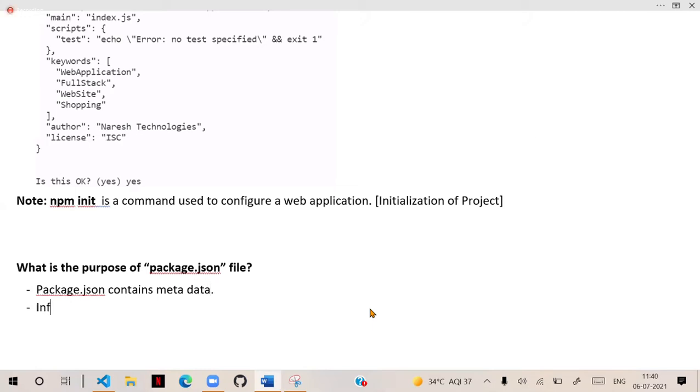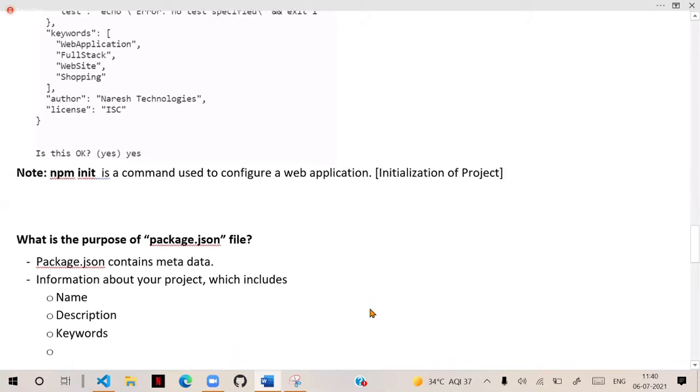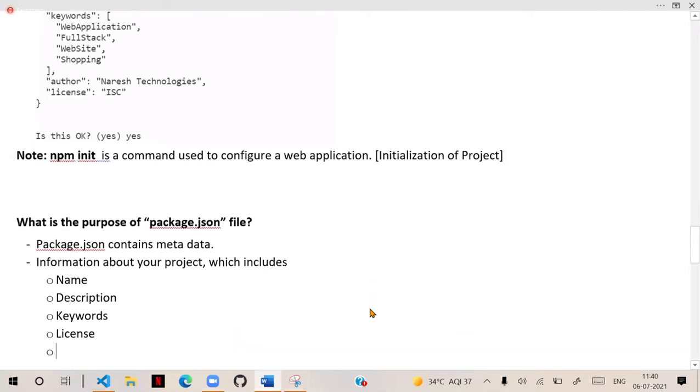That means it contains information about your project, which includes the project name, the description, the keywords, the license, the author, and other details.